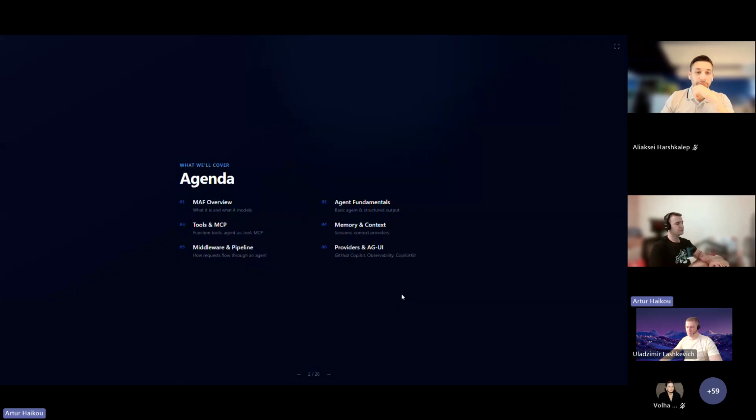And during the presentation, we will talk about what Microsoft Agent Framework is, what capabilities it has, and in particular, what agent capabilities we have, what we can connect, like tools, MCP, memory, context, middleware, and so on.